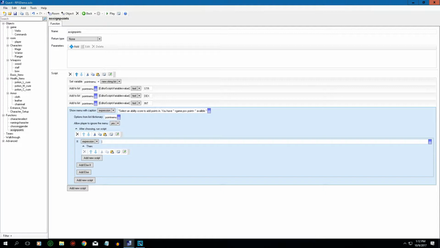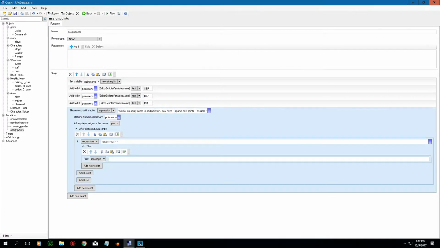So if we're going to say result equals equals space, quotation, quotation. Inside the quotations, we're going to say strength, like that. So you want it to look like that. If it equals strength, what are we going to do? Then we're going to add a new script, print a message,